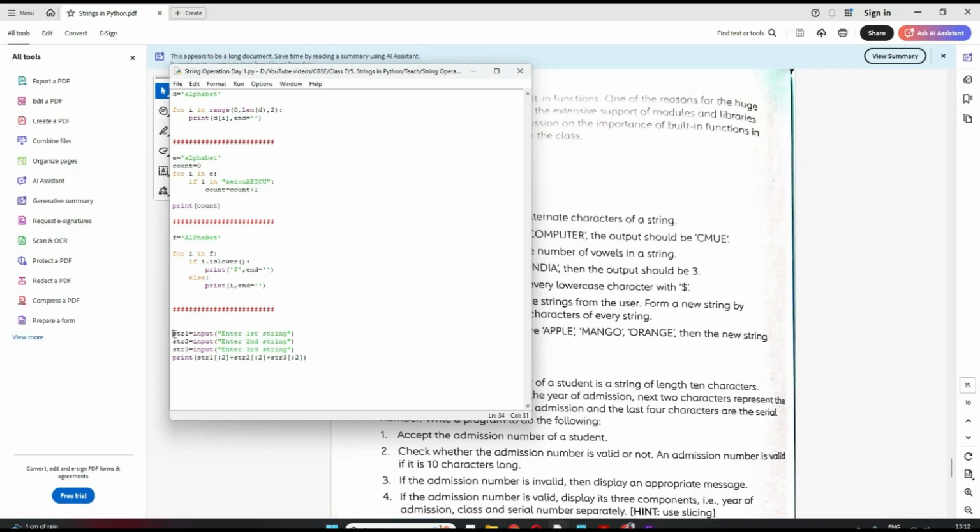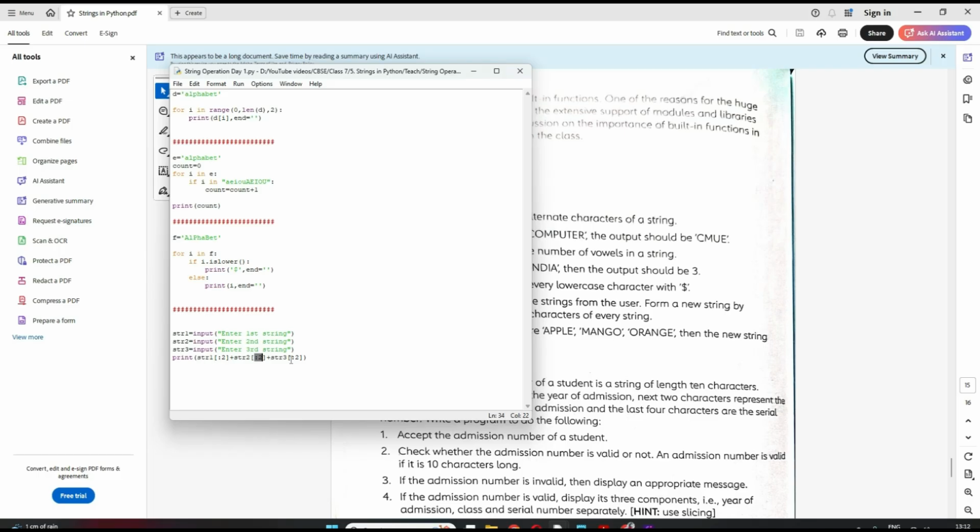Okay, so see here, these are the three strings I have inputted from the user. Now here in the print statement, see what I am doing. I have to take the first two characters. So for string 1, I have just used this from 0 till 1, right? The 2 means minus 1, right? So 0 and 1, these two characters will be extracted here.